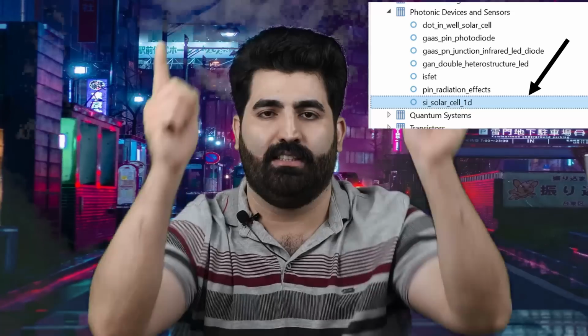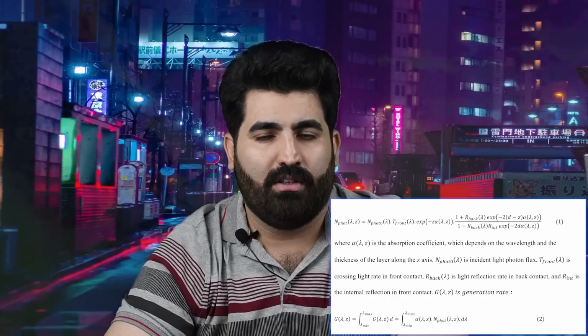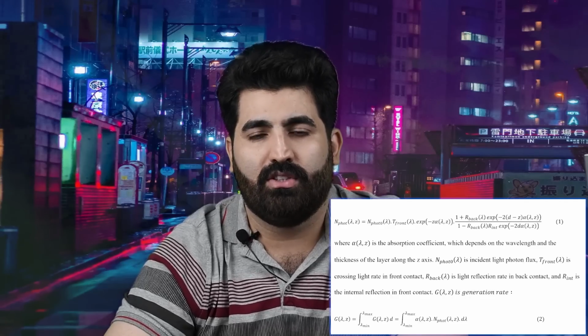In the COMSOL application libraries, you can find a 1D generation rate example. In this example, you can see the generation rate was calculated from Beer-Lambert law as a simple rule for one dimension